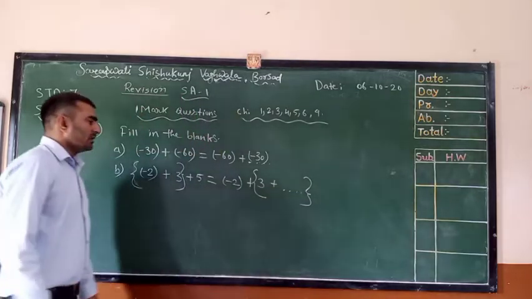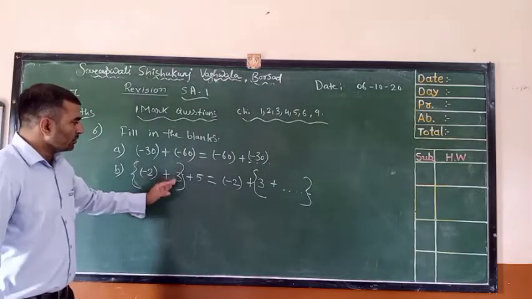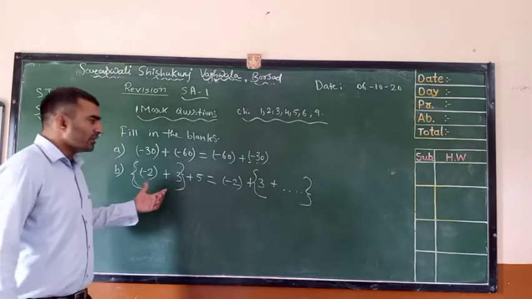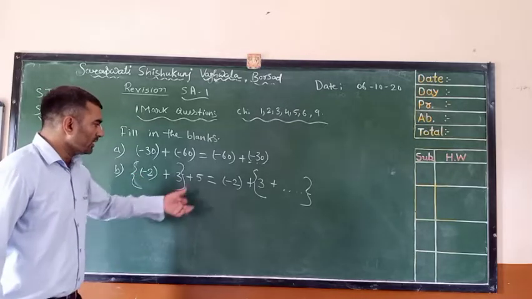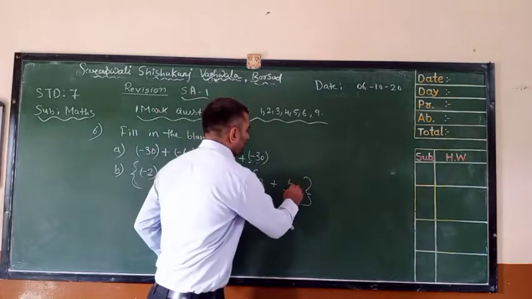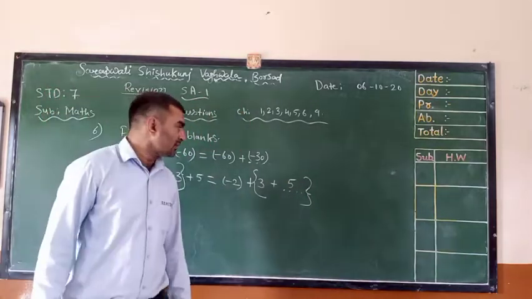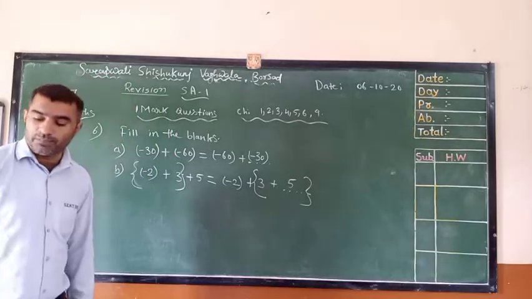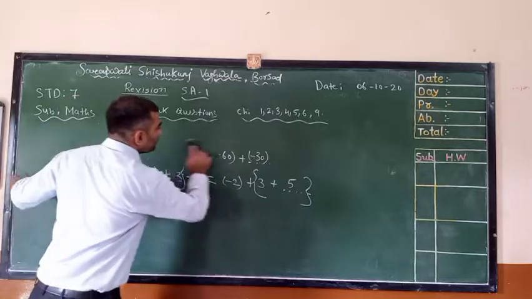this is the statement and we have to take the correct statement. On the LHS there is minus 2, 3 and 5. So over here we have used the associative property. See, minus 2 and 3, we have made a group, and 5 remains. So in this we will make the group of 3 and 5 to make the statement correct. So this is known as the associative property. Right? Now the next question is,